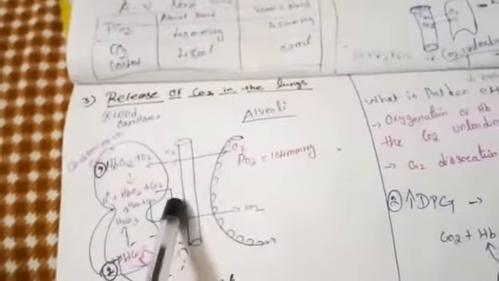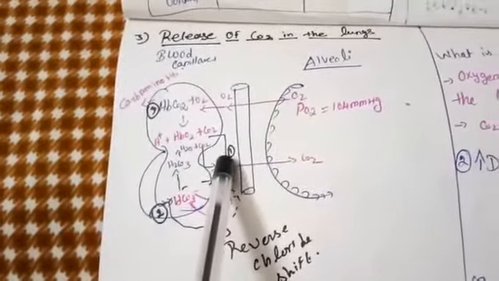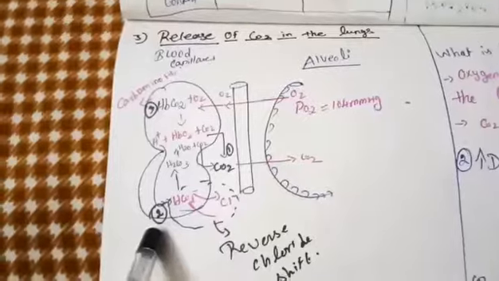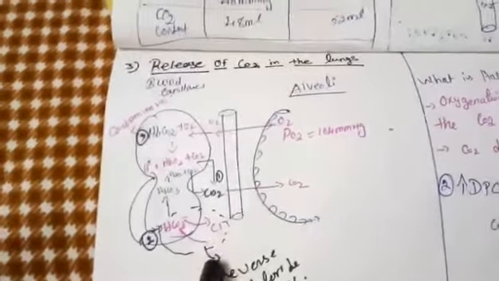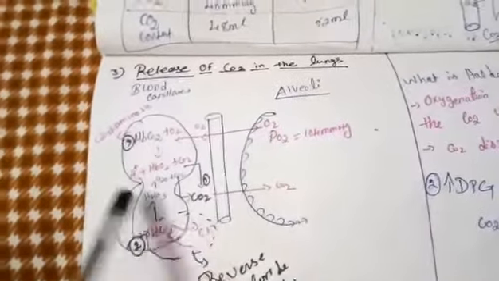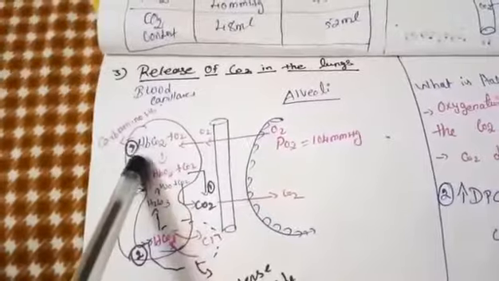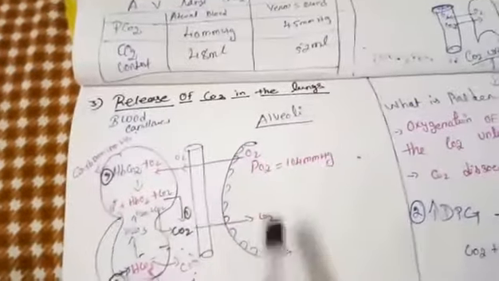So one is in dissolved form, the carbon dioxide will be present in the plasma or in the water. Okay, the second one is bicarbonate form. We already studied the bicarbonate form, which means the carbon dioxide is present as bicarbonate. Third one is carbamino form. So first we'll see how the carbamino form will be dissociated. How will it be dissociated?